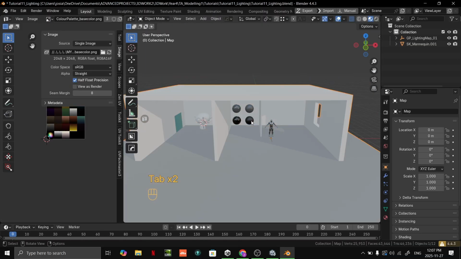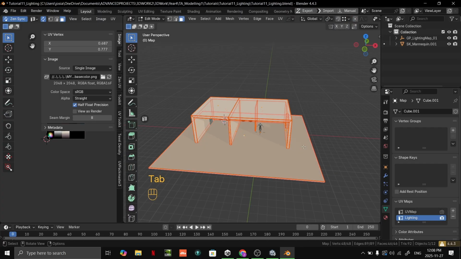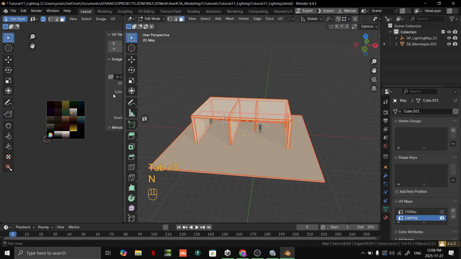You would create a second UV channel within Blender. So if you go to data here, UV maps, UV map 1 is for your textures always. If you make a second UV map, this one will always, for most applications, be for light maps. This one, you can then select it, and then if I go to my